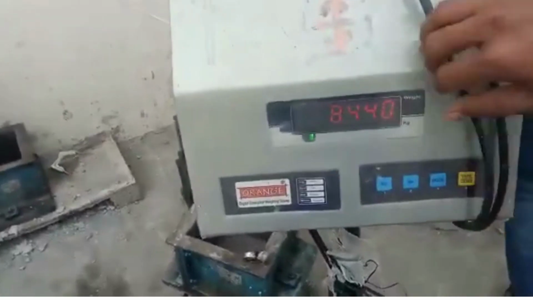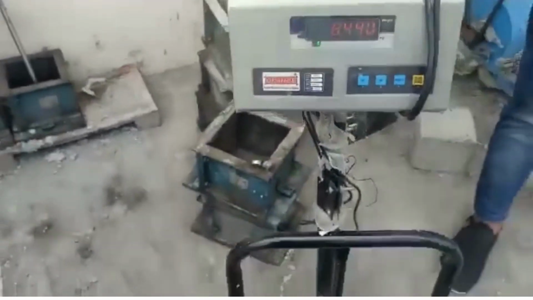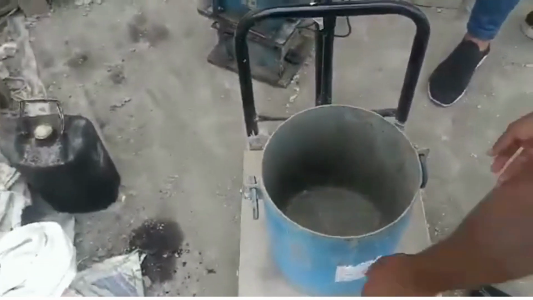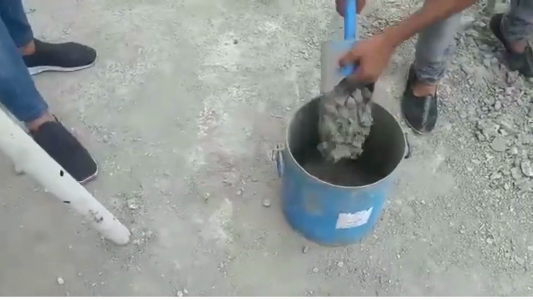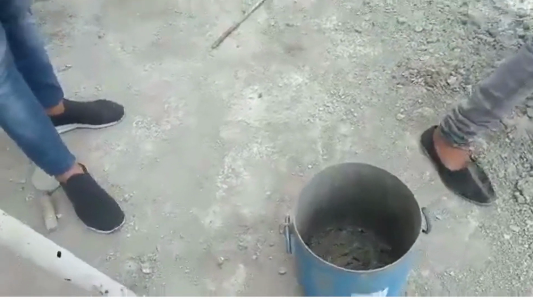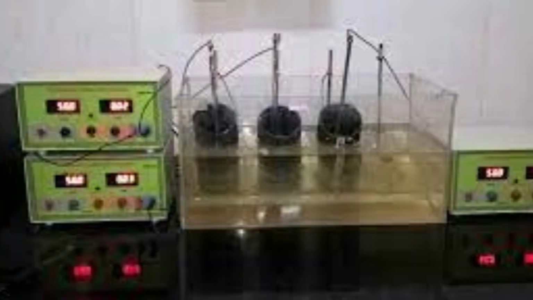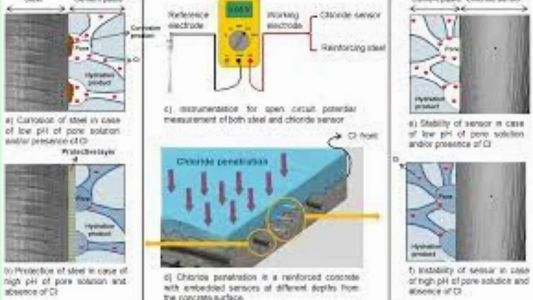Density test measures the density of hardened concrete. Significance: indicates its resistance to cracking and durability. Water penetration test evaluates the concrete's resistance to water infiltration. Significance: helps assess its durability in wet environments. Chloride ion content test measures the presence of chloride ions, which can cause corrosion. Significance: ensures the concrete's long-term durability,